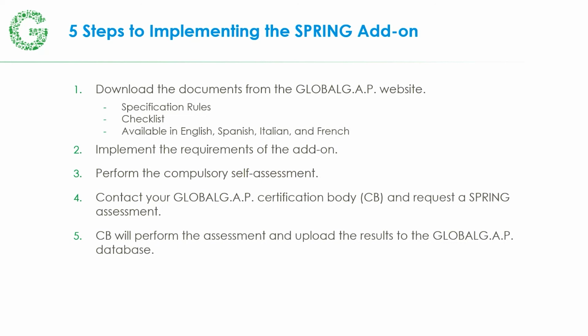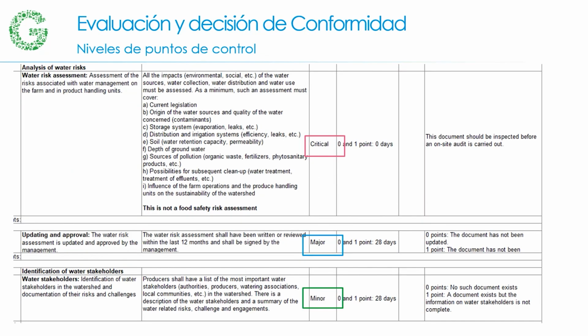Then, to show you a little bit of the checklist, you have this checklist with the control point, the compliance criteria, and the level. In the level, you can see that we have critical, major, and minor points. After the level, you can see the following. If it's 0 or 1, you have 0 days for critical points, or you have 28 days for major and minor points. That means if you have a 0 or a 1, it's a non-conformity. If it's a no compliance, you have 0 days to correct it if it's a critical point, or you have 28 if it's a major or minor point. The next